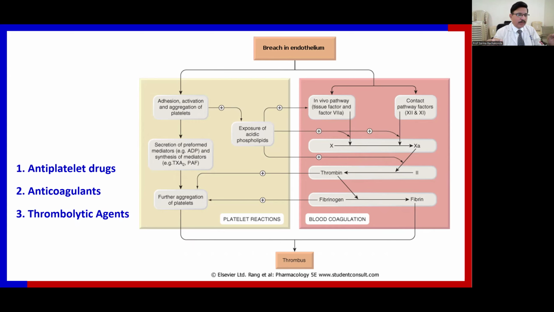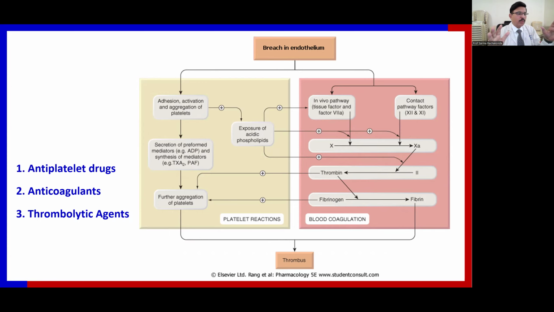Once it is activated, it becomes activated 10A. Then it goes and targets the thrombin. Is the thrombin fellow sleeping? No, you get up. Thrombin gets up. Then it becomes activated. This activated thrombin, or 2A, goes and attacks the fibrinogen, splits some polypeptides from it, and makes it into fibrin. Fibrin is a mesh, and the fibrin entanglement occurs and the fibrin mesh forms, in which all cells are embedded